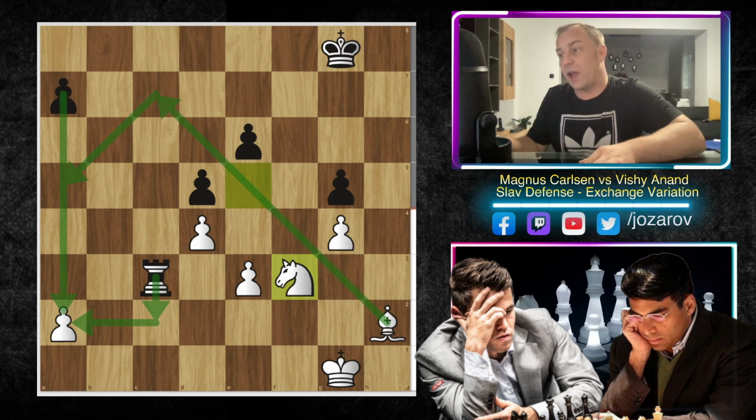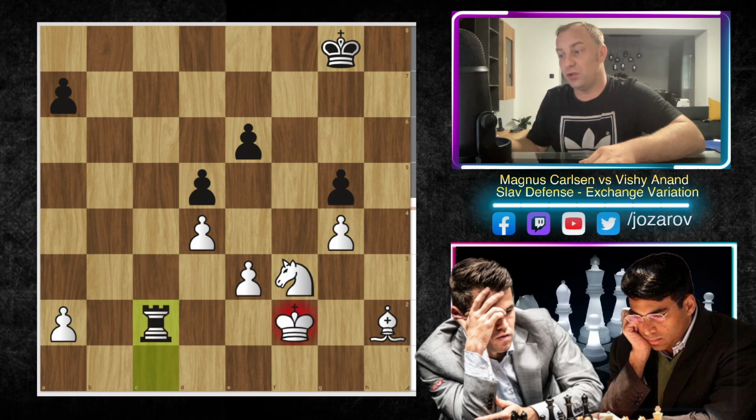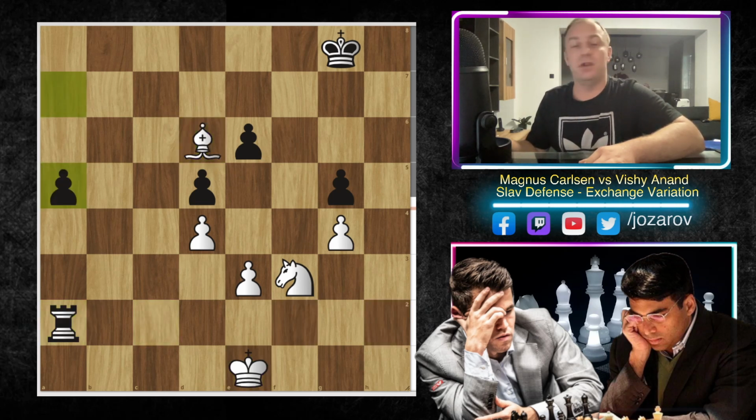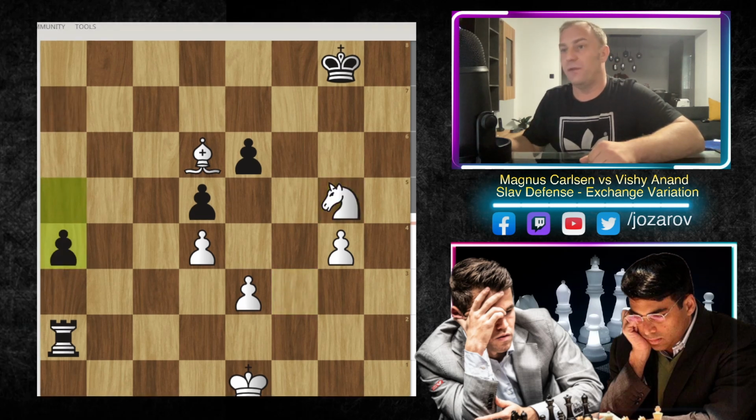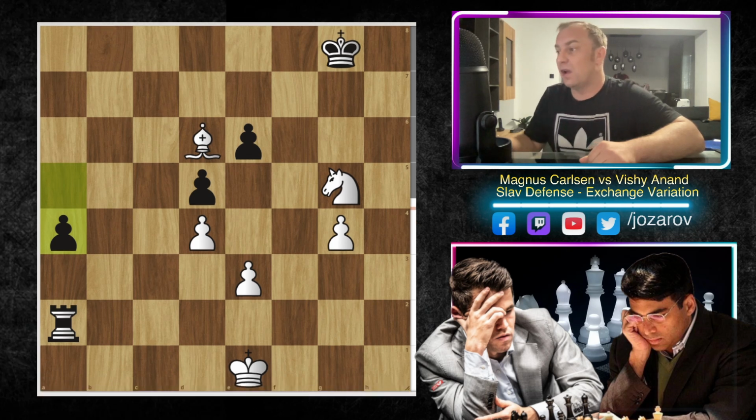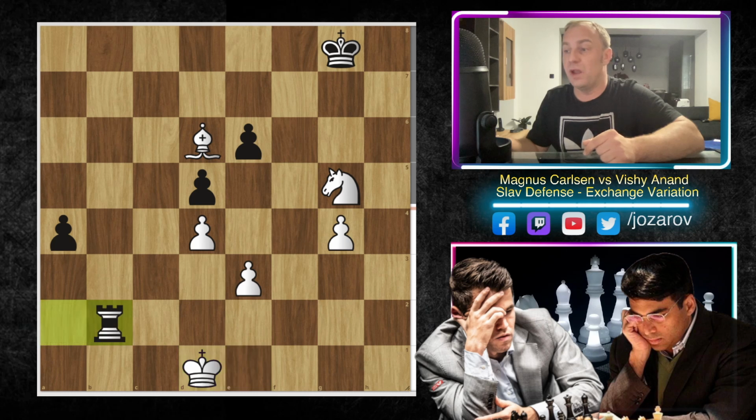So here after move knight to f3 we have now this idea, rook to c1, king to f2, check. We have now king to e1 here, and finally Vishy Anand takes the pawn. So bishop to d6, here of course Vishy plays immediately a5, knight takes g5. Here we have a4 by Vishy Anand, and now comes really one of the critical moments of the game, because here after king to d1 we have rook to b2 here by Vishy Anand.